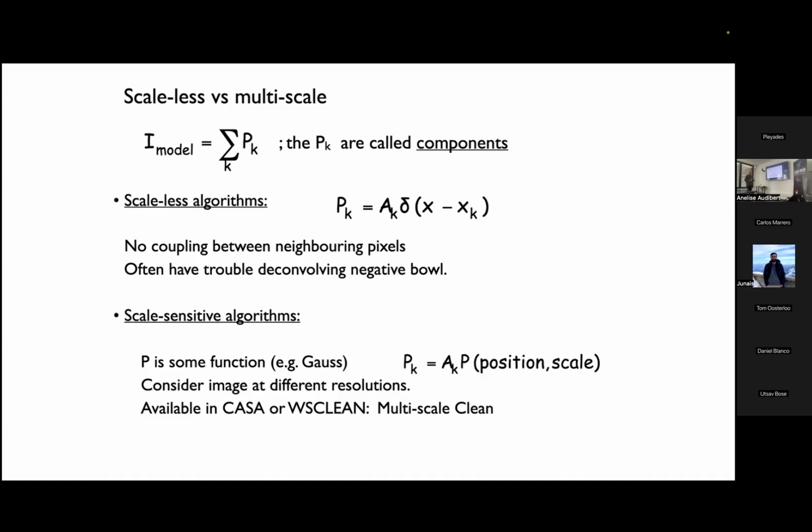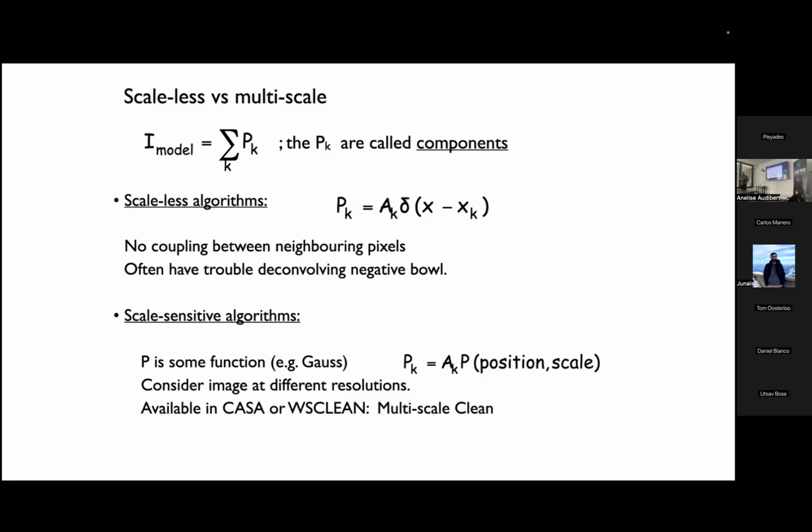So what you do is you define a set of scales, delta function, small, larger, larger, larger, and for each maximum, you find out how do I represent this source as a delta function or a small Gaussian or more. And obviously that's much more efficient, and it turns out it's also more accurate. Because,